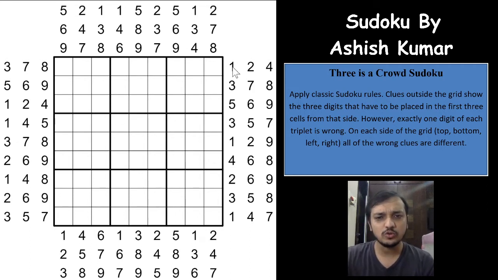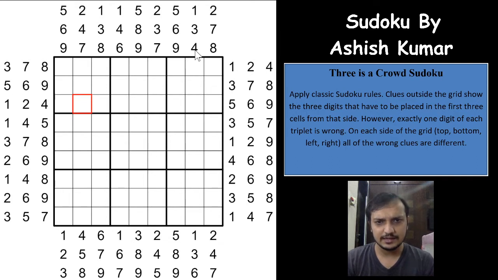So coming on to the Sudoku, according to the rules, we have to place digits 1 to 9 in each row, each column and each 3 into 3 box without repetition. As you see, there are exactly 3 digits outside each row and column, right? Out of those 3 digits, 1 digit is wrong, is a liar, and the other 2 digits